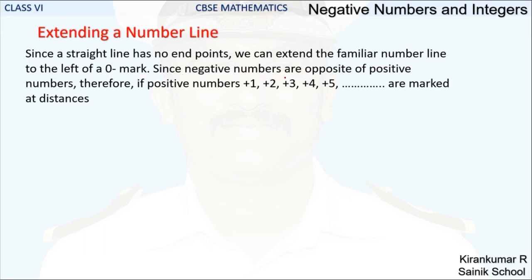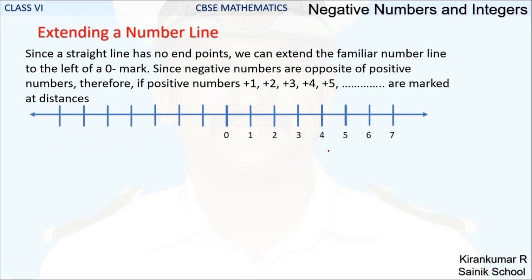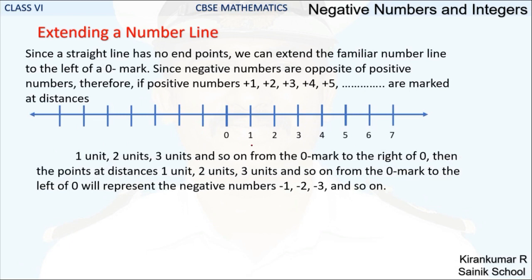Since negative numbers are the opposite of the positive numbers, if positive numbers 1, 2, 3, 4, 5 and so on are marked at distances of 1 unit, 2 units, 3 units from the 0 mark to the right of 0,